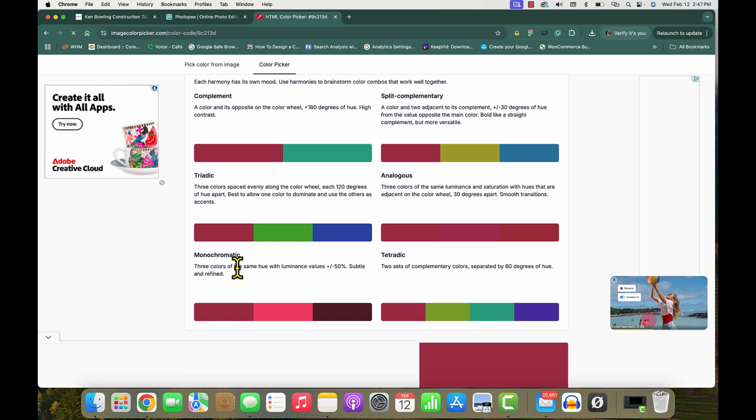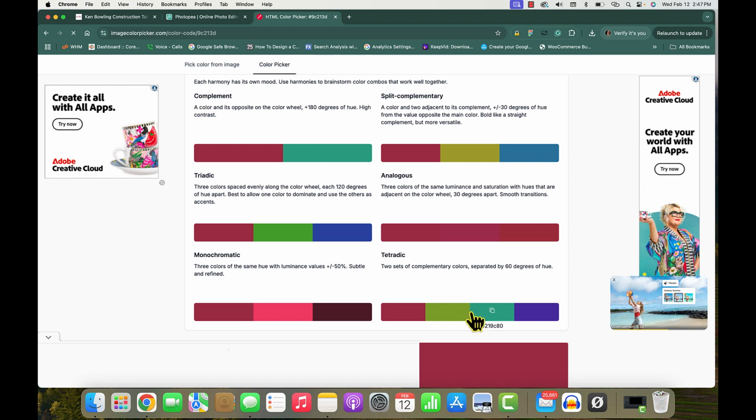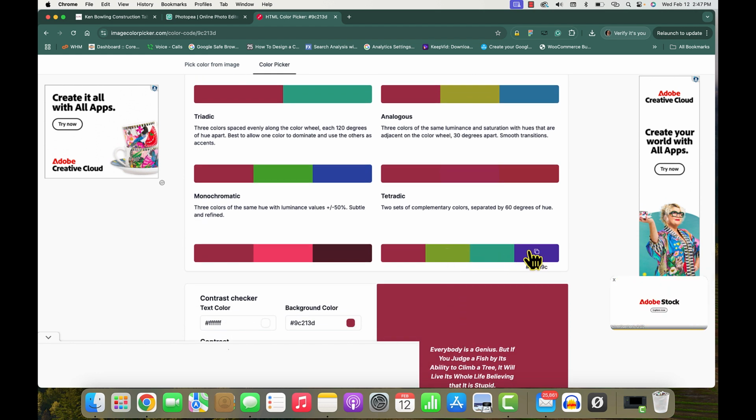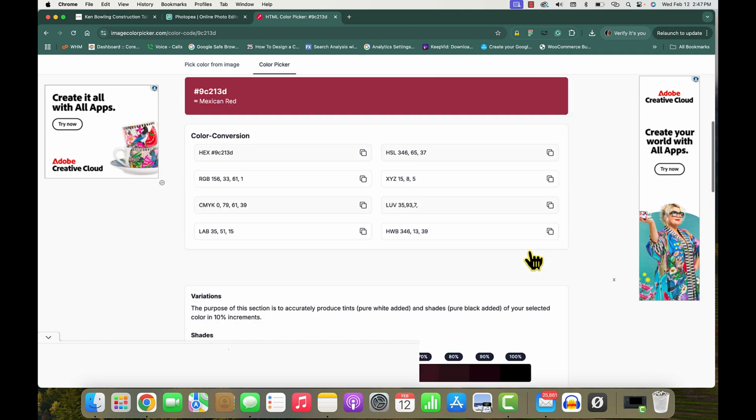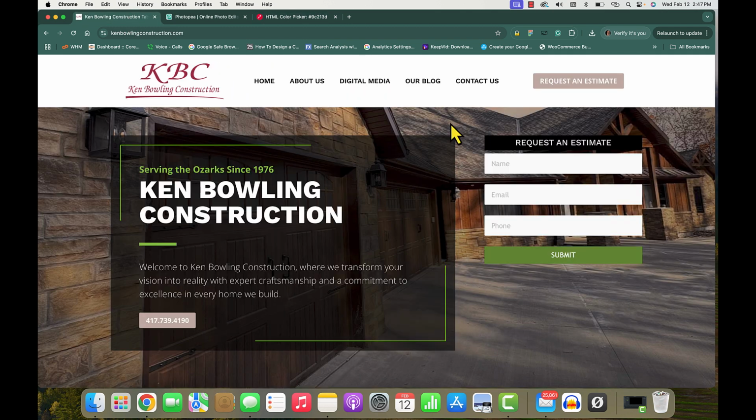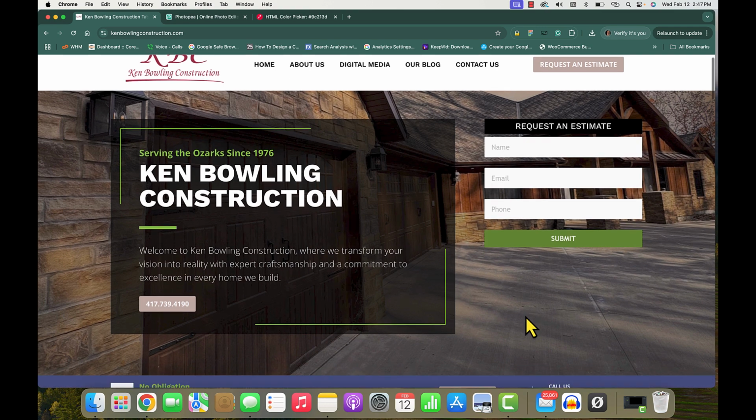In this particular example, we may want to come down here to tetradic so that we can have 3 different colors to choose from. And again, if you mouse over any of these and click on them one at a time, you'll be able to cut and paste this hex value down below into another document, email, your notes, notepad, whatever. And then that will give you a really good basis for coming up with complementary colors to use on the website in places like this different colored text, these lines, the mouse overs for the buttons, the section colors